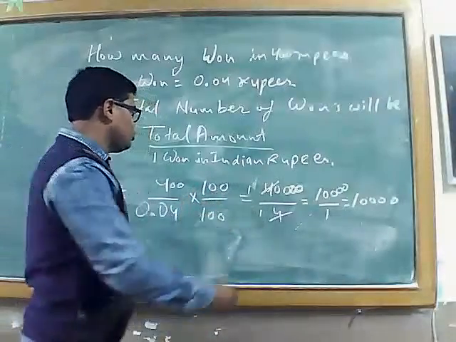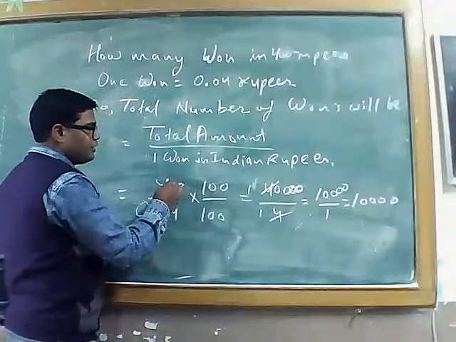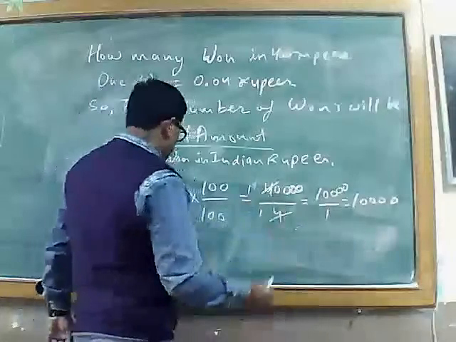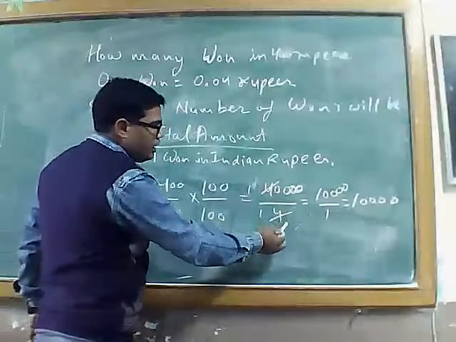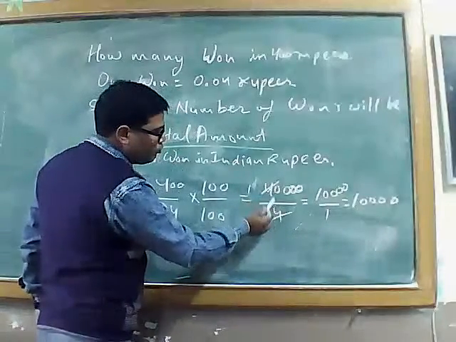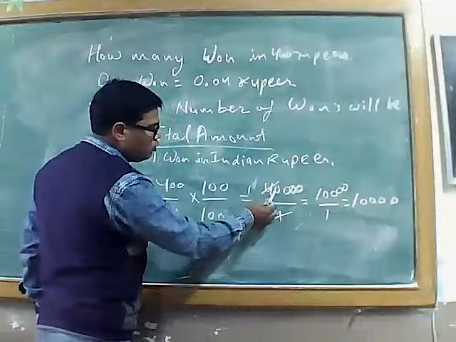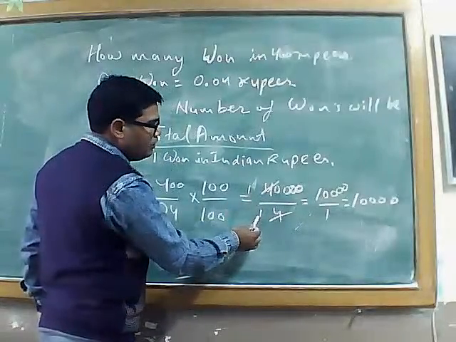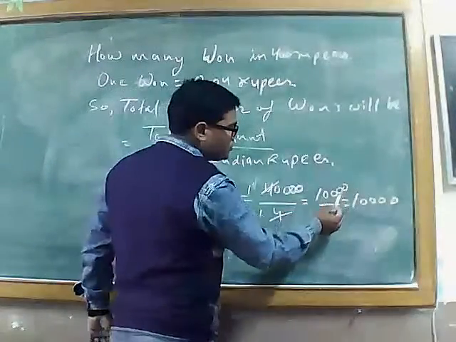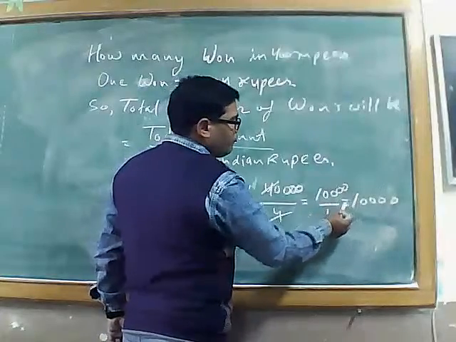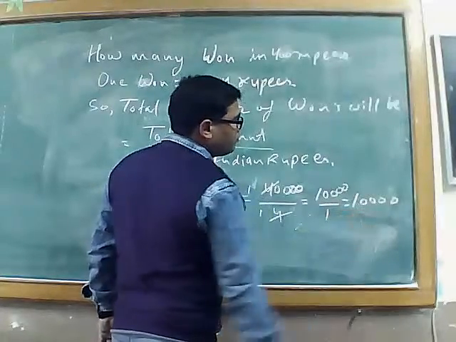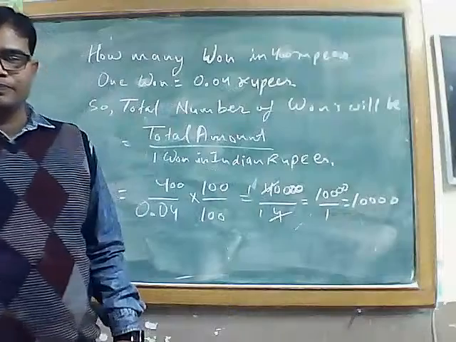मल्टीप्लाई किया, 2 जीरो यहां पर थे हमारे पास, 2 जीरो ये रहे, तो 4 जीरो 1 2 3 4 और 4 होता 4 और नीचे रह गया हमारा सिर्फ 4। अब देखिए यहां से दोनों 4 होता 4 से दोनों 4 कैंसिल हो गए और ऊपर भी रह गया 1, नीचे भी रह गया 1, तो यहां पर तो रह गया 10,000, नीचे रह गया 1 और फाइनली 1 का कोई मतलब है नहीं तो इट विल बी 10,000 बॉन्ड्स ओनली।